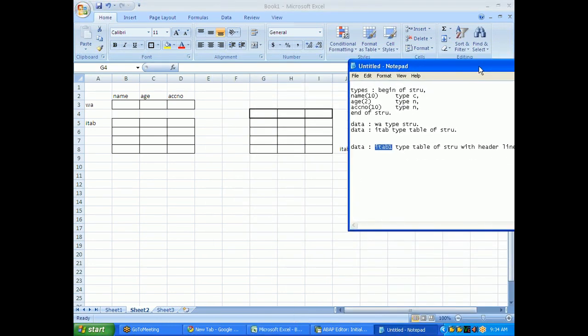So now see, if you declare like this, ITAB is created separately and the work area is created separately. So this is called explicit work area. But if you declare your syntax like this, ITAB1 TYPE TABLE OF STRU WITH HEADER LINE, then it will be created like this. The total entity name is ITAB1, work area also ITAB1, body name also ITAB1. So if you want to put some records into the work area,